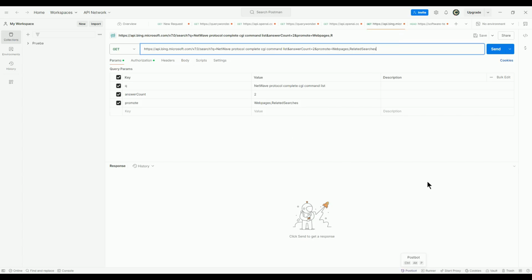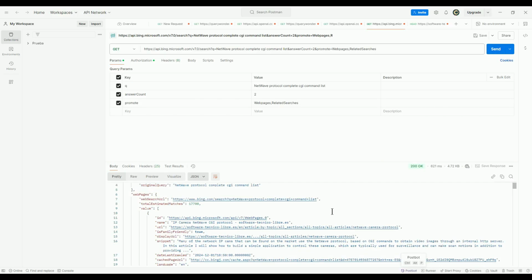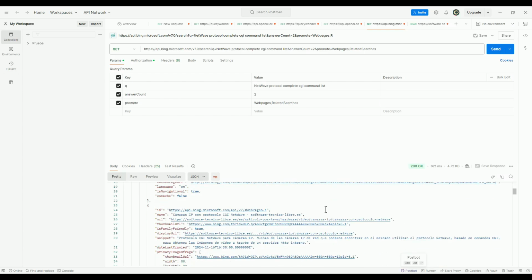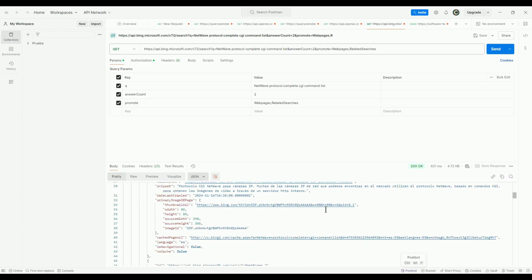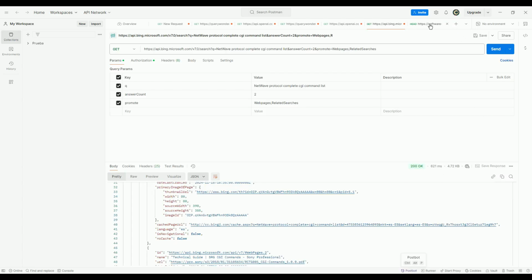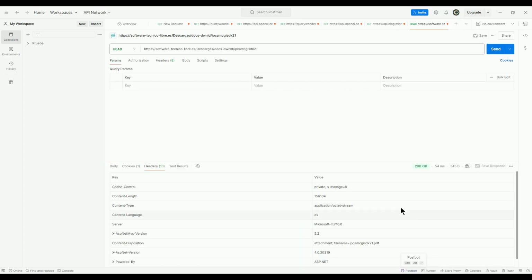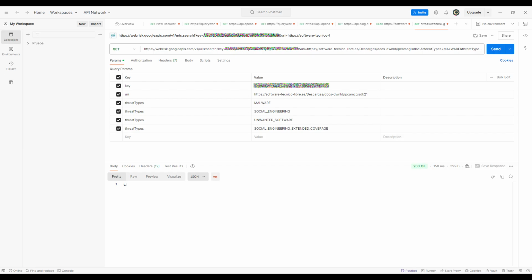Now, it's time for the adults to address the problem. We need a search engine with an API. I chose Bing Web Search, but there are other options. Let's use Postman to look at a sample of the results. You can use a standard HTTP head request to retrieve information such as file length and type from a URL. And you can use an API like Google Web Risk to verify the safety of a given URL.